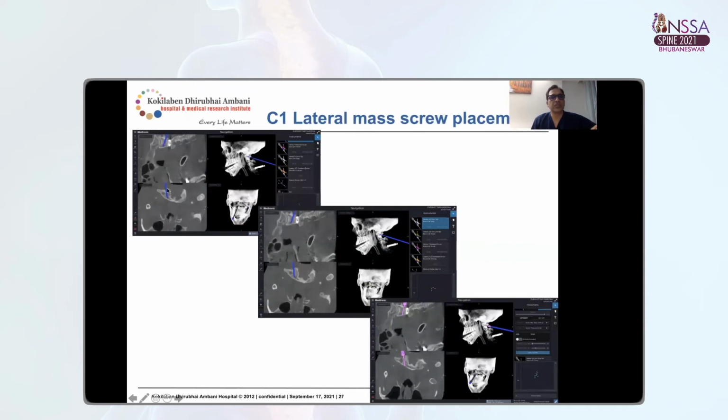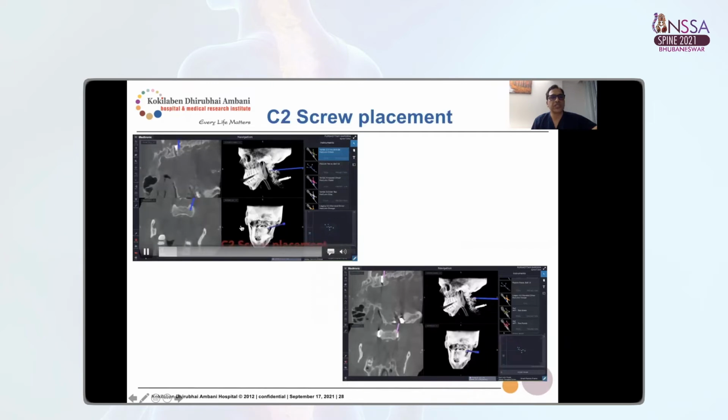So again, these are the pictures showing the navigated drill in the lateral mass of C1, and this is a tap in C1 and the screws in C1 as well. So again, the similar thing for C2 as well. You can use the navigated drill itself and place the drill in the lateral mass of C2, and then put the screws as well.